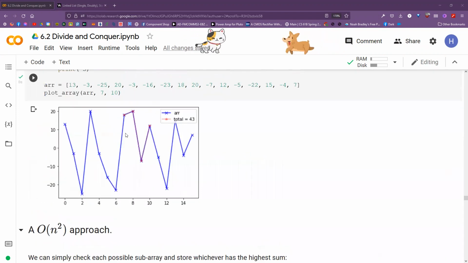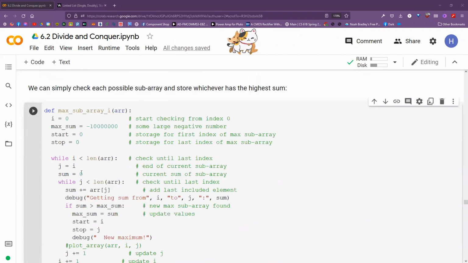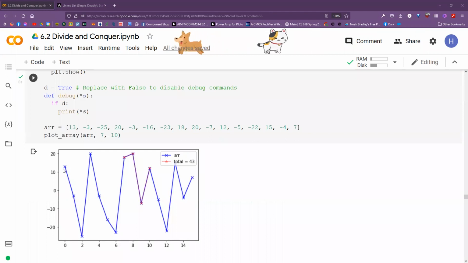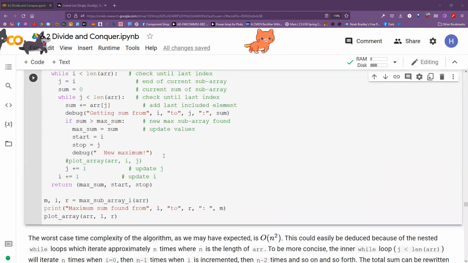j equals i hanggang j equals yung length. So essentially, yung first iteration ng loop natin, i is equal to 0. So it will start here at 0 and kukunin niya yung sum na to. Yung first 2, and then yung first 3, and then, so basically, i-add niya yung next element, and then i-add niya yung next element, and so on and so forth, hanggang makarating siya sa dulo. And every time na mag-add siya,